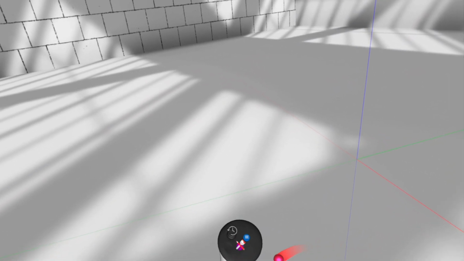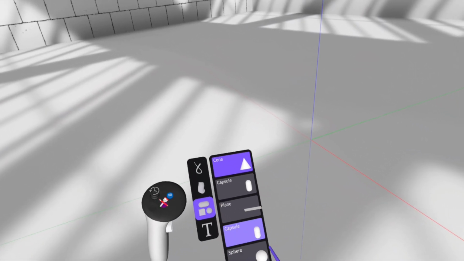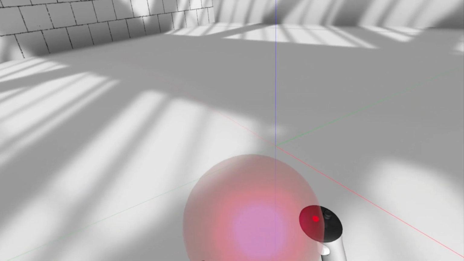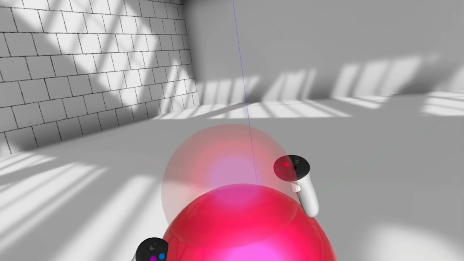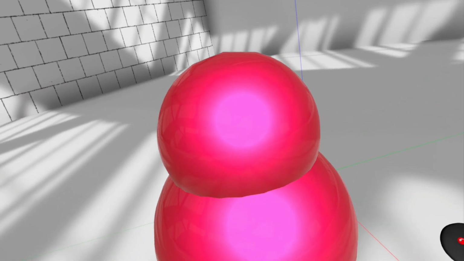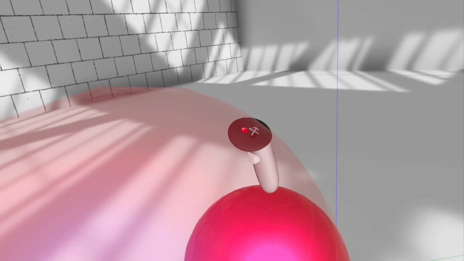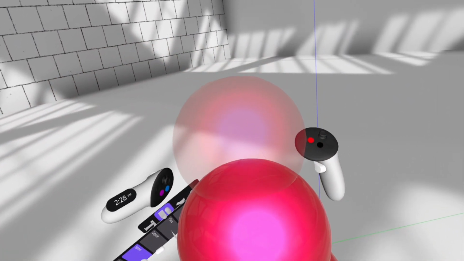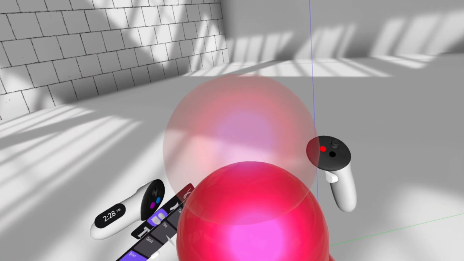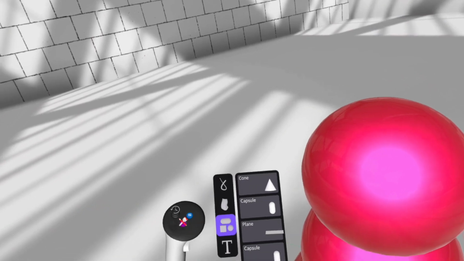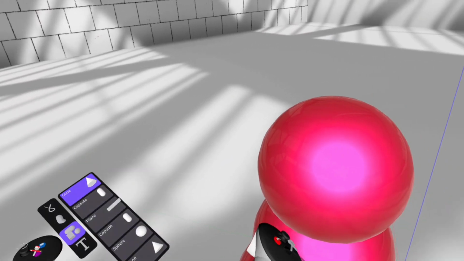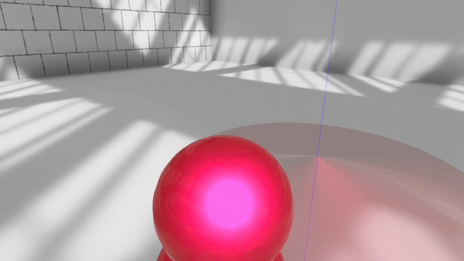So I'm in sketch mode. I'm going to select the sphere. So I'm going to place one sphere in the first part. So it's going to be the base of the model, then the middle part of the model, and then just taking a look to see if it's aligned, and then creating the head. So once it's created, just taking a look that you're satisfied by the result, then you can just create the